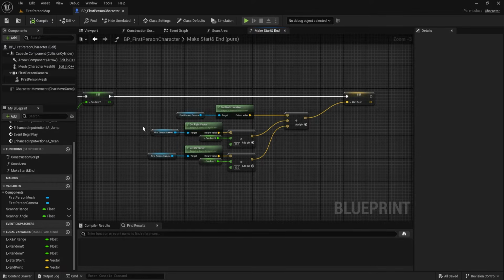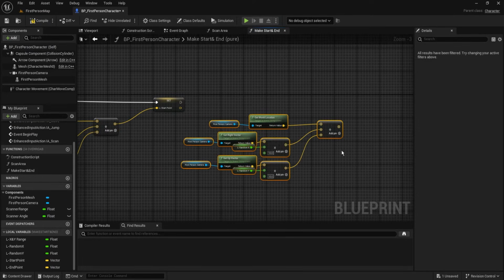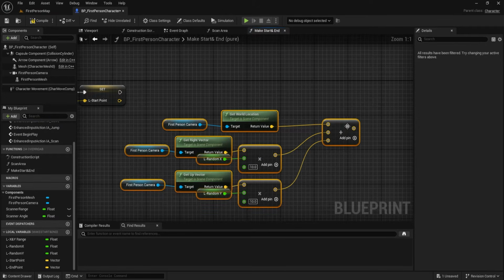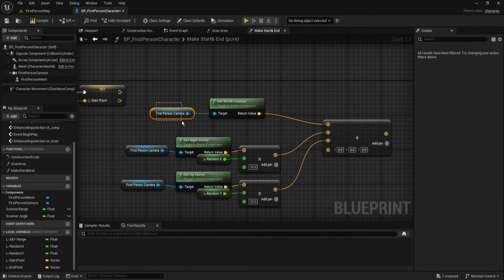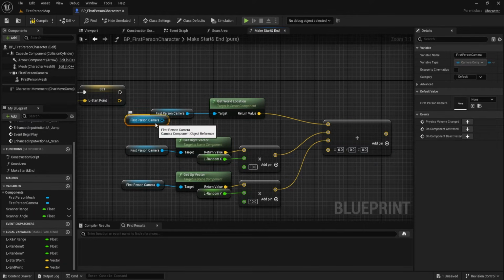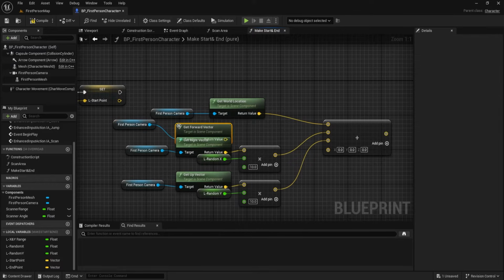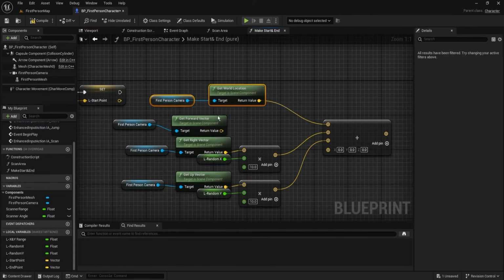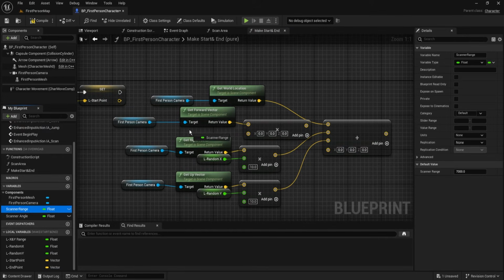Now, we're going to use these same things right here. So I'm just going to copy them for the end, but we're going to need an extra piece, obviously, because now we also need to add the distance. So for the distance, it's pretty simple. We want to get the first person camera again. We want to multiply this time, instead of the up or the right, we want to get the forward. And so the forward, we are going to multiply it by the range, which we already have here. Scanner range,